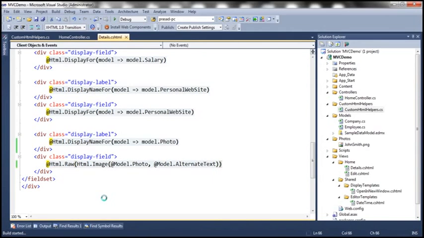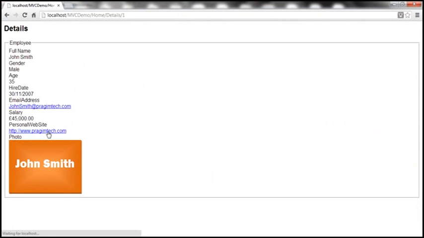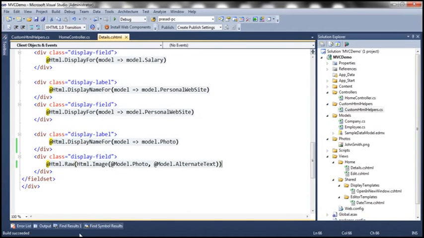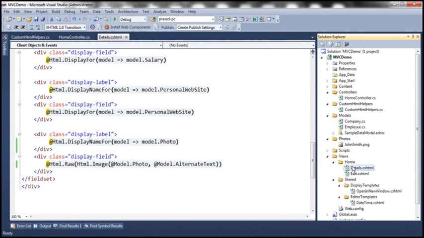So let's build this and let's refresh this view, and obviously this will render the employee's photo. Okay, so both in Razor and ASPX views, these techniques are supported. And one other technique which is specific to ASPX views is you can use this angle bracket percentage equal to syntax. Okay, now let's actually delete this ASPX or rename this Razor view to something like details1, and then